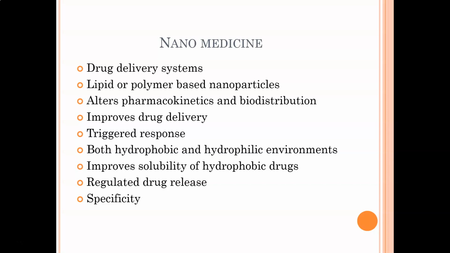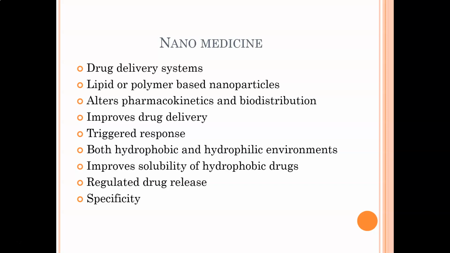Drug delivery system is obviously depending on the ability of altering the pharmacokinetics and the biodistribution of the drug. A drug delivery system will be considered to be effective if it's able to supply the drug at the target site in the correct concentrations, at the correct time, and at the same time it is able to distribute the drug to different parts of the body and is able to retain the drug. And that's what basically we mean by altering the pharmacokinetics.